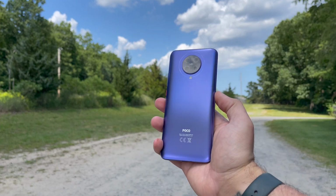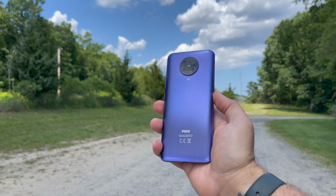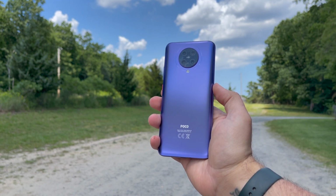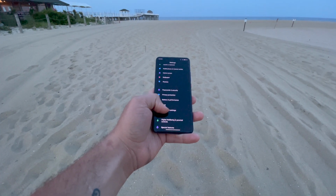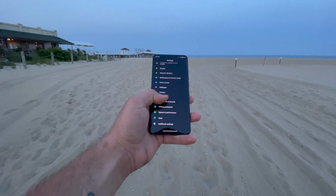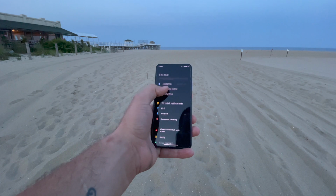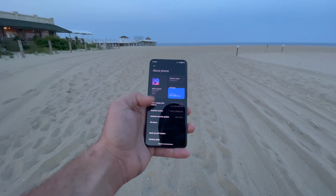The budget phone. For years it has carried the stigma of a lower quality, corner-cutting device that makes sacrifices in performance, cameras, display, and build quality. Well, some years ago now, that all changed with Xiaomi's Poco F1, a phone which offered pretty close to a $1,000 flagship experience for only $350. It changed our perception of what a budget phone could be. With a great display, better than average cameras, and flagship specs for less than half the cost of an actual